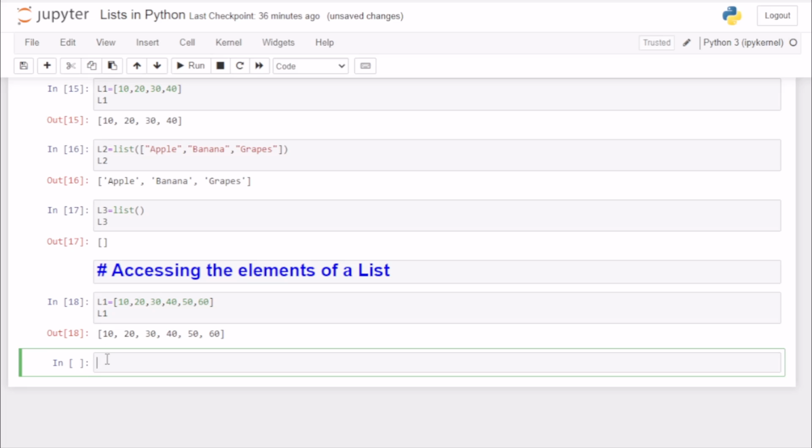Now suppose I want to access the first element. So to access the first element, we will use the indexing operation. So the indexing operation is like this. L1, the name of the list, and in square brackets just specify the position of the element which you want to access. So here the list which we have created, L1 equals to 10, 20, 30, 40, 50, 60. So we can say that 10 is stored at location 0, 20 is at 1, 30 is at second, and